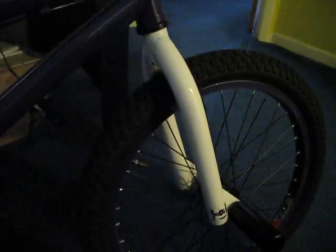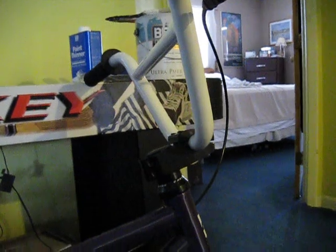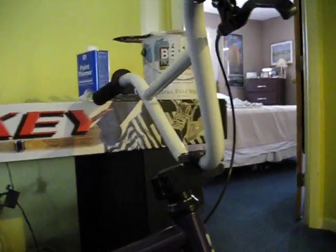DK seat. It says DK all over it, but you'll probably barely see it. Here's the DK Cyclone frame, stock brake line, stock brakes, stock forks, stock front wheel, stock pegs, like I said, and then stock stem, and also stock handlebars,